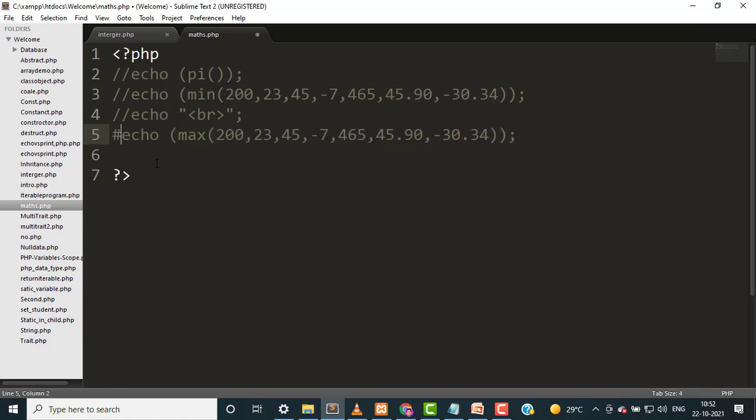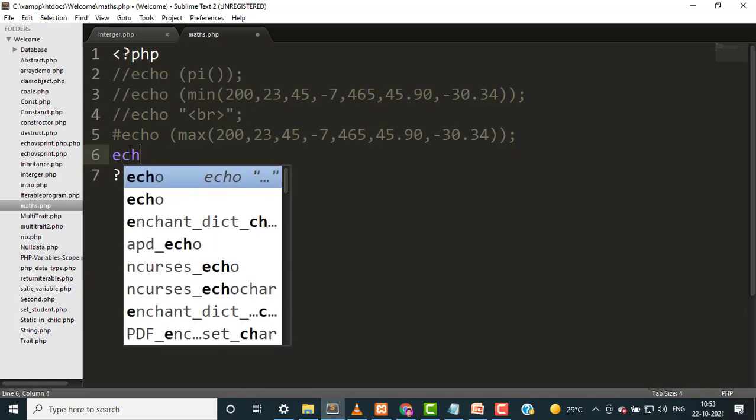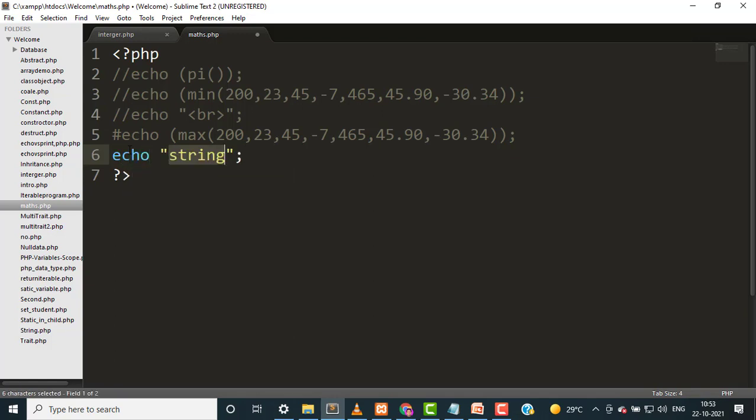We can use hash also. So look at here, I'm using double slash or hash, it is the same thing. Then I want to use the ABS function, so same echo, and starting with the function. So delete this bracket, all this bracket, and write it in bracket format. Write